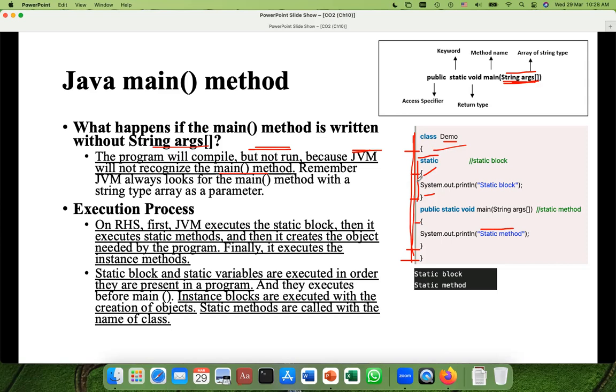Normally, previously you heard that your main method executes first. No. If you have static variables, static fields and static blocks in your class, those static blocks will